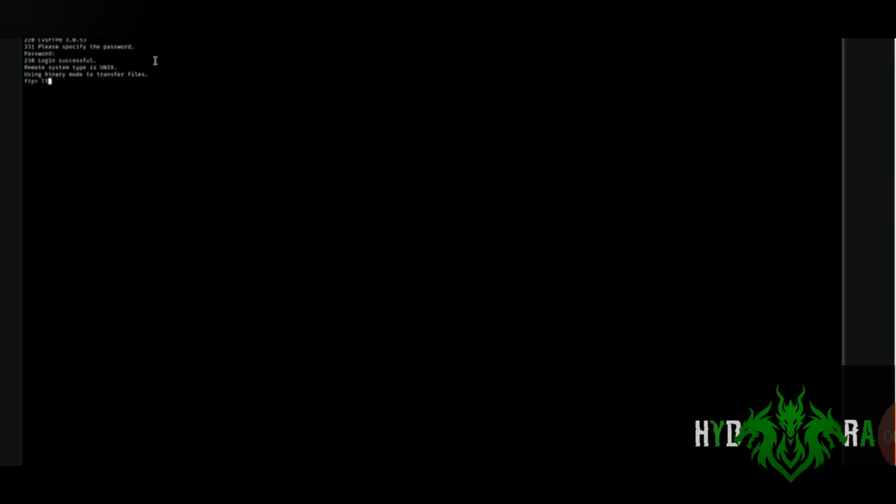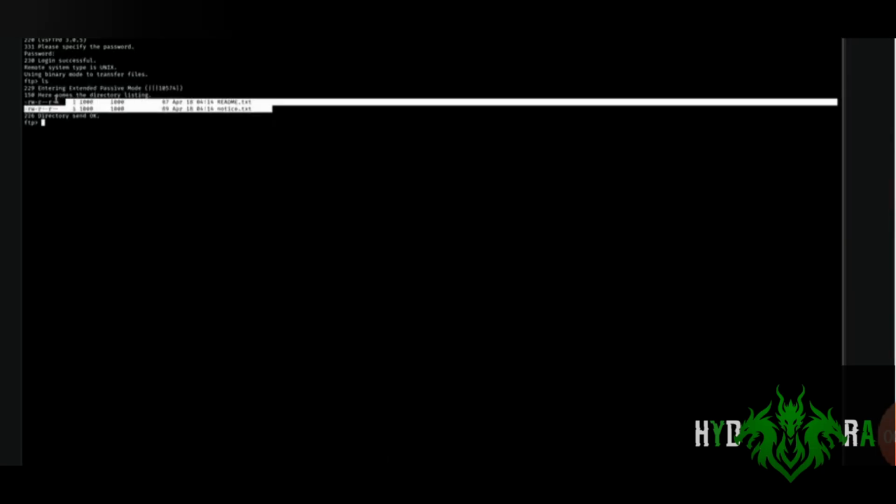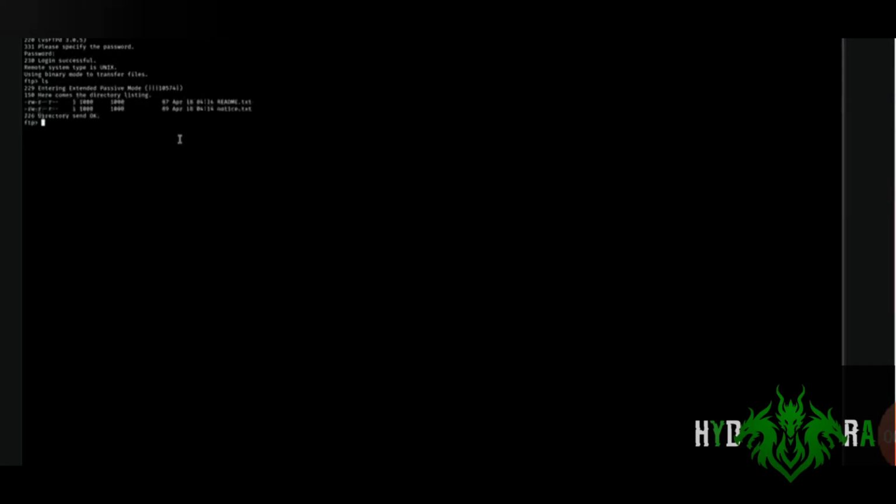So in this scenario, when I check this, I can see there are two files. There's no evidence of this being a web root or there being any files for configuration. So what I can do is download these files and see what's present within them. For that, I'll download this